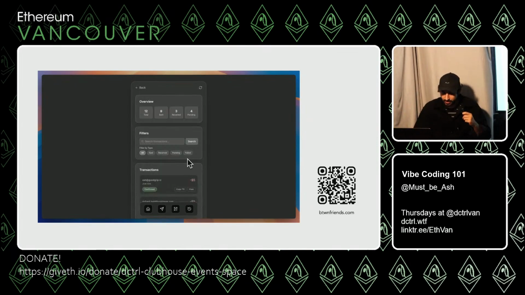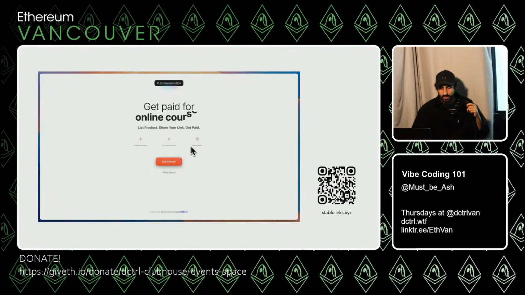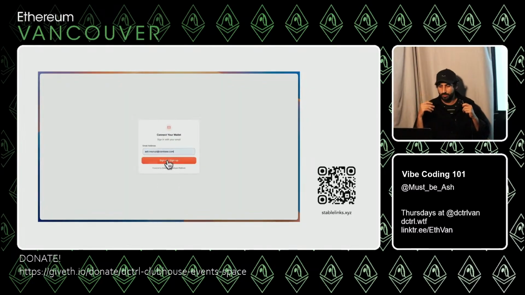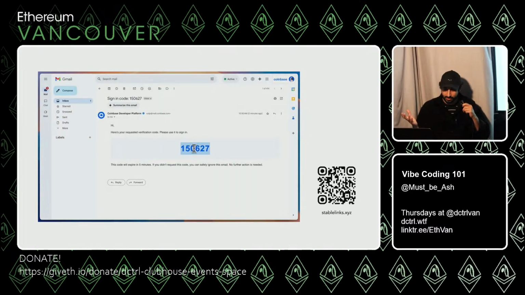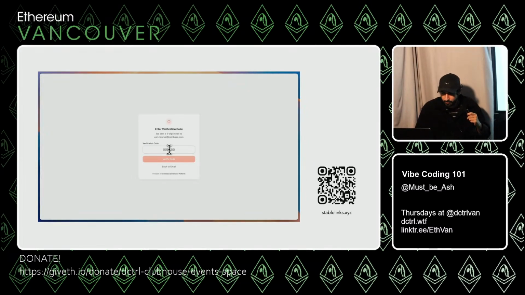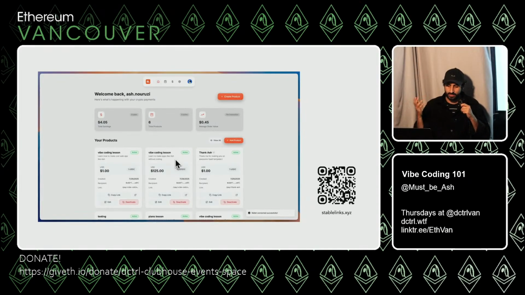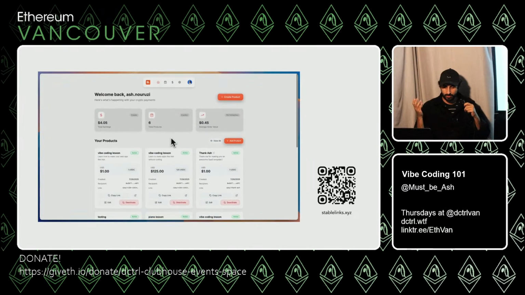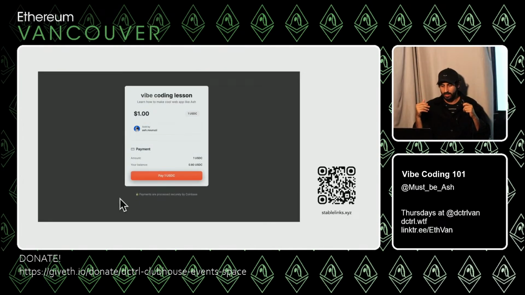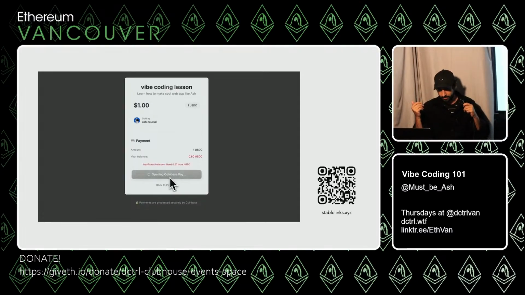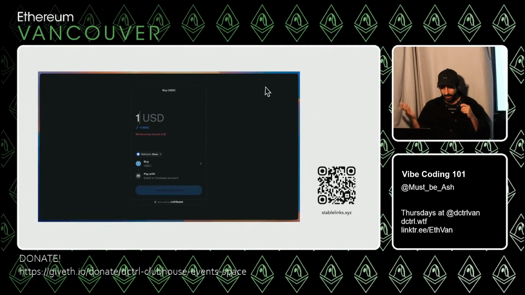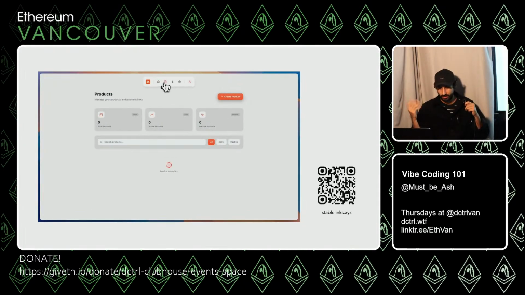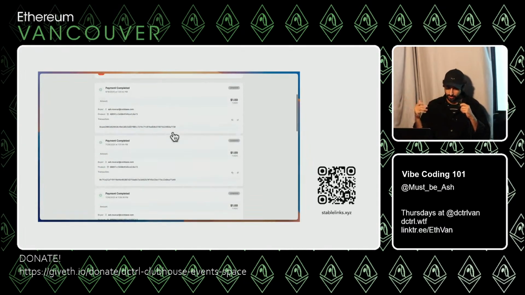And all the stuff I'm making is open source, so you could fork them and create your own versions of them. Another thing that I made recently that is possible through embedded wallets is an alternative to Stripe Link. Here you just list the product or service, and you get a unique link that you could share with your customers or fans, and they could pay for your services. It also has an on-ramp where people can pay with Apple Pay or their credit card if they're based in the US, and otherwise they could just use their Coinbase account.